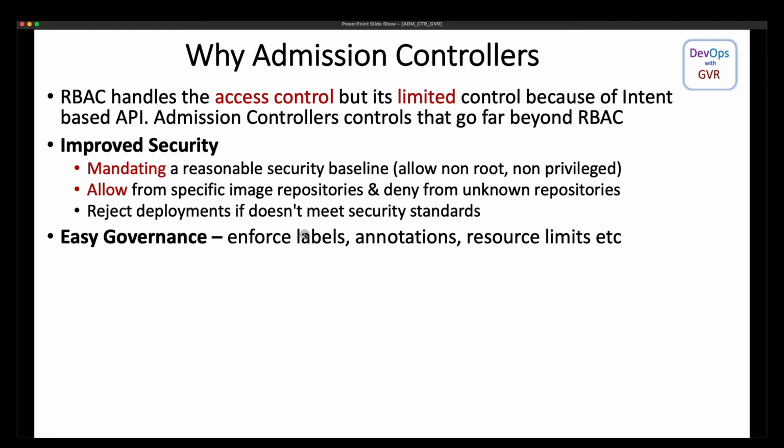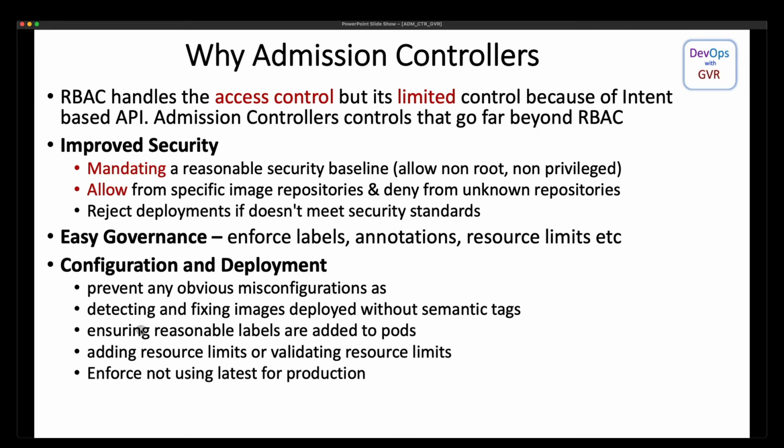If it is missing, you can throw an error that this pod doesn't have the app equal to some label. Say for one pod you have added some labels, one for Kubernetes, one for Prometheus monitoring, one for query reporting, one for operational, etc. And some annotations are for specific functionalities, and some resource limits. These things you can enforce so that it is well governed.